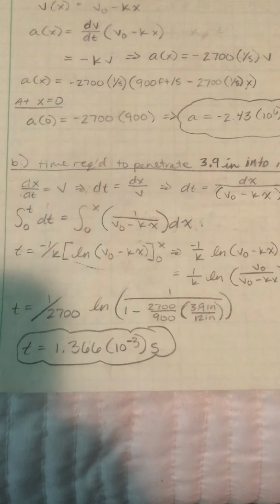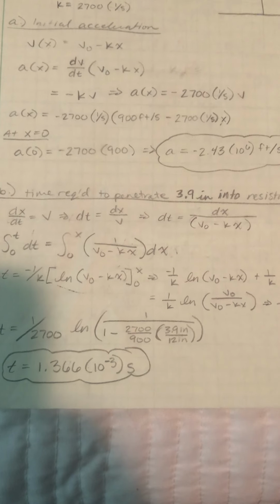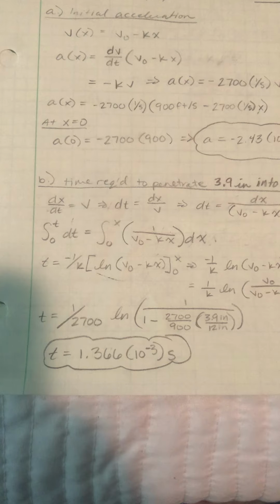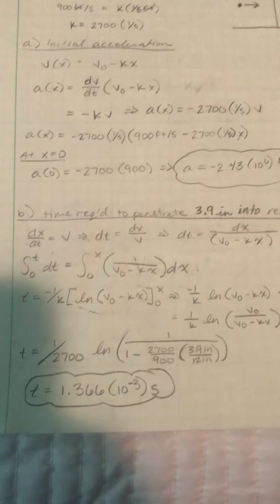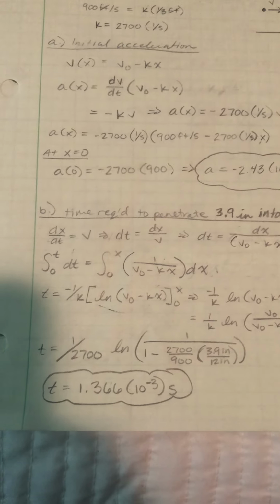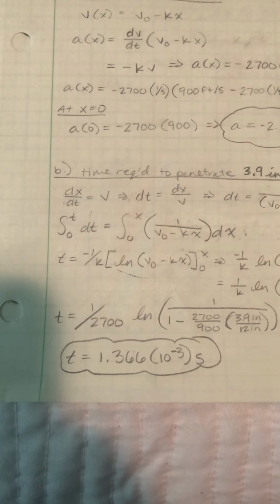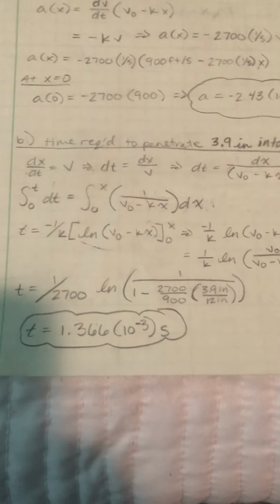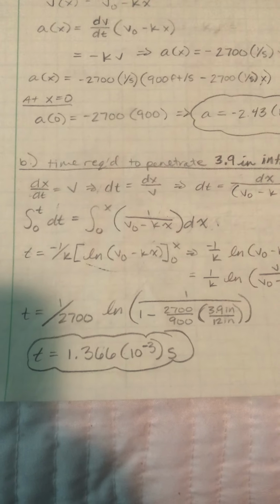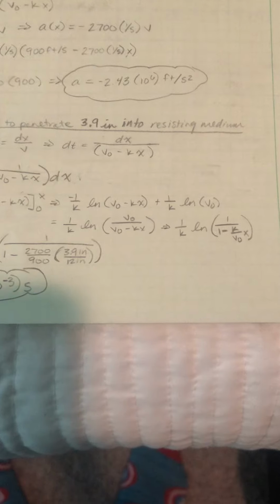Using a quick u substitution, we have the integral from 0 to x of 1 over u du. And from there, we can find that the time equation is equal to negative 1 over k times the natural log of v naught minus kx, evaluated from 0 to x. Plugging those in,